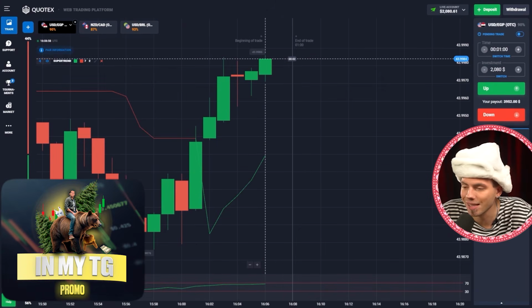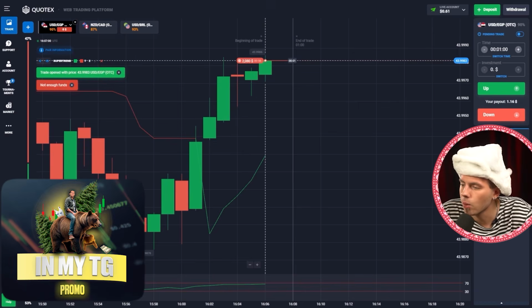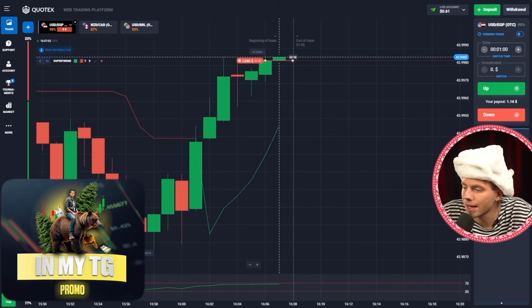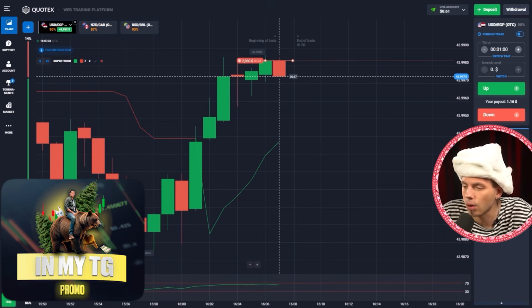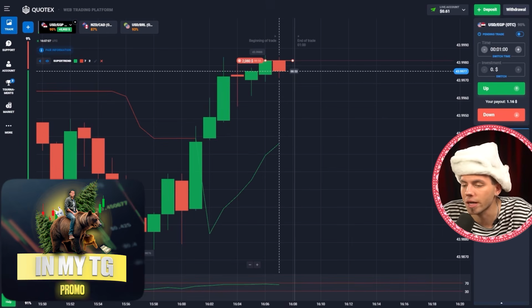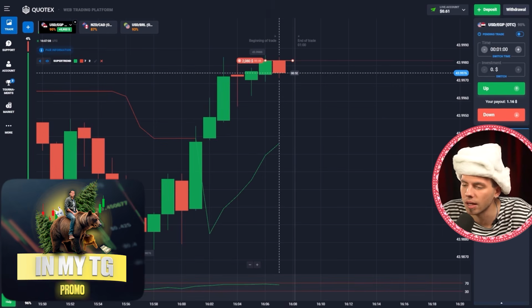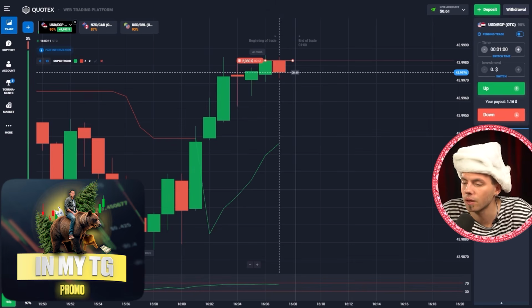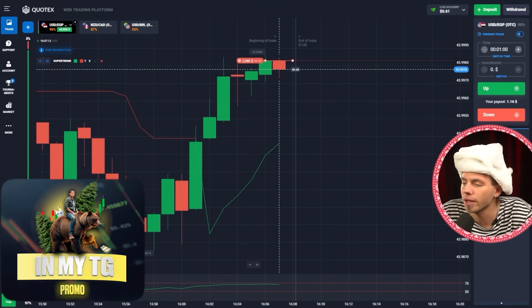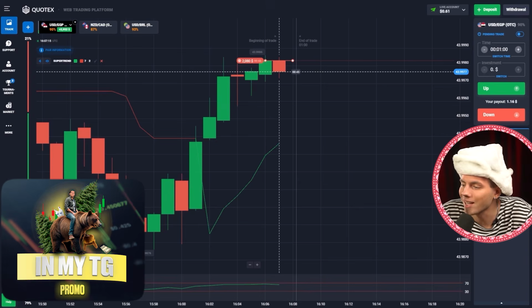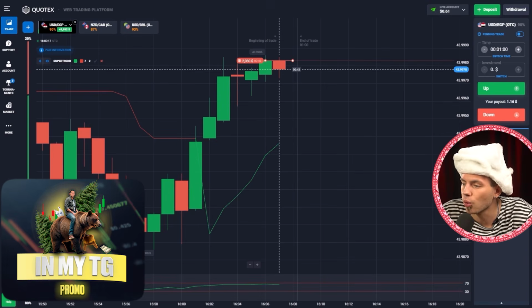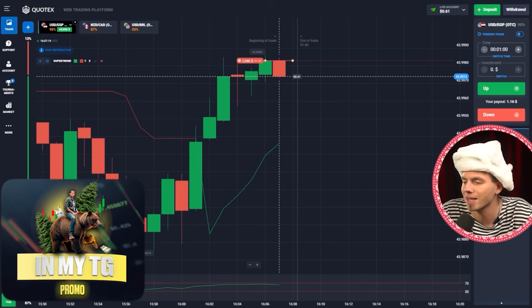Right now I'm opening a sell trade over here. Why? Well, because we expect a pullback within the upward trend to the downside right now. We were in an uptrend, in a global uptrend. So here we expect the price to go down from the resistance zone at